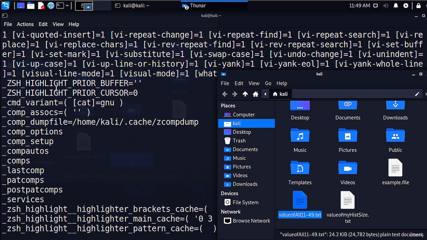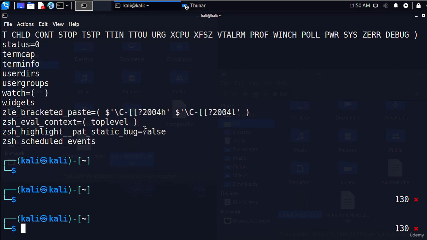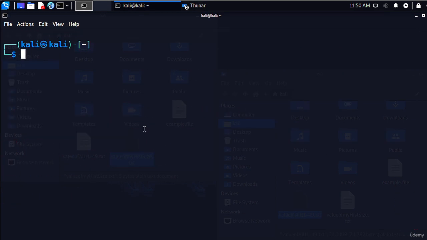So now the HISTSIZE variable will still be set to 0 when you leave this environment and enter another environment. If you want to reset it, let's actually change it first here. Clear, and export HISTSIZE. So now the HISTSIZE variable is set to 0. When you leave this environment and enter another environment, if you want to reset the HISTSIZE variable to 1000, simply enter this, for example,